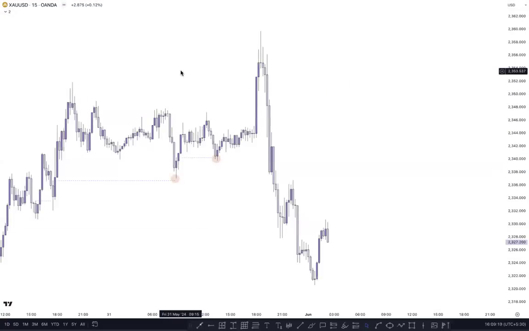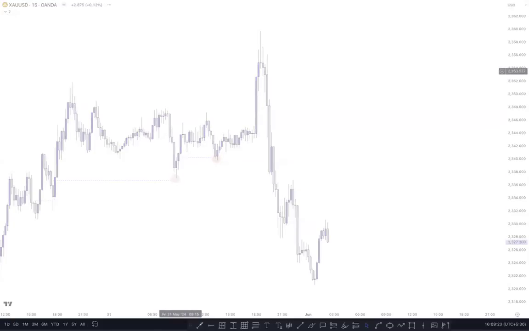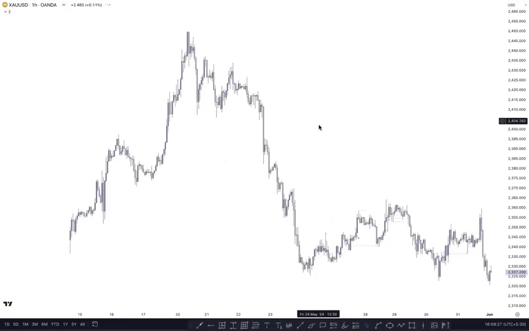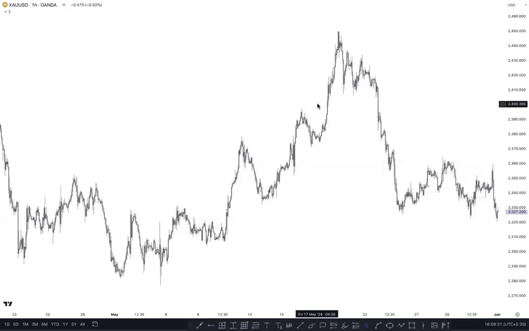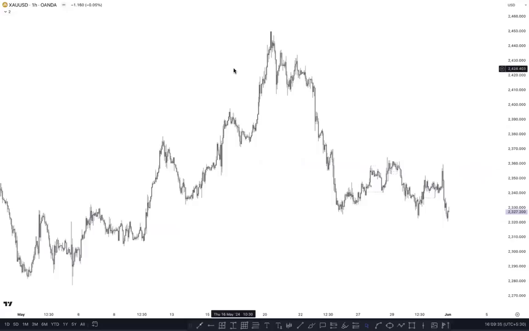Start from the higher time frame here in gold. Let's start from the 1 hour time frame. What is happening here? In the 1 hour time frame, you can see that before this move, market momentum was completely bullish. Everything was bullish here. And after this bullish move, this one created a new all-time high